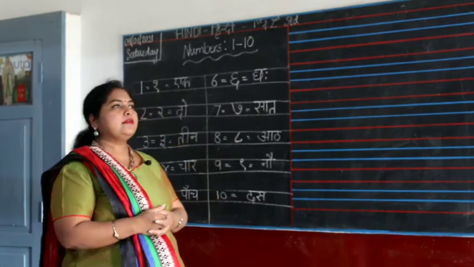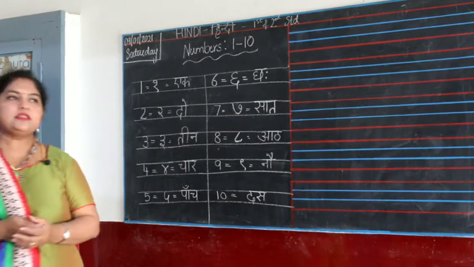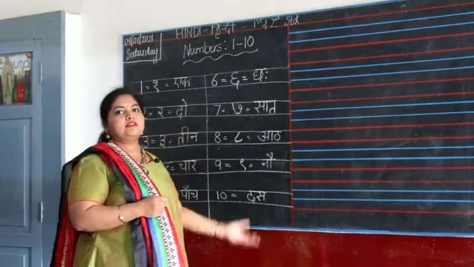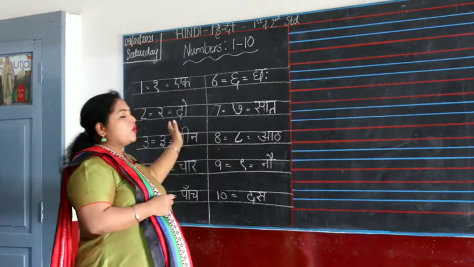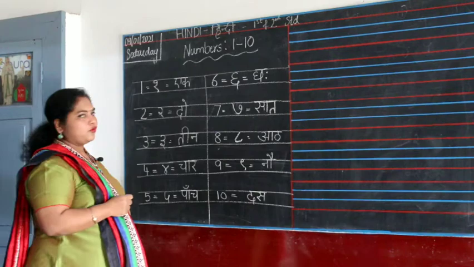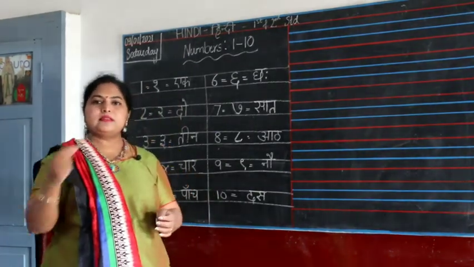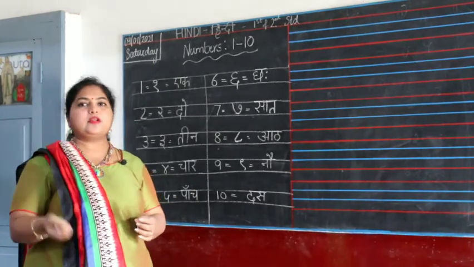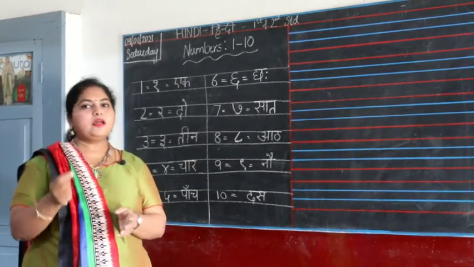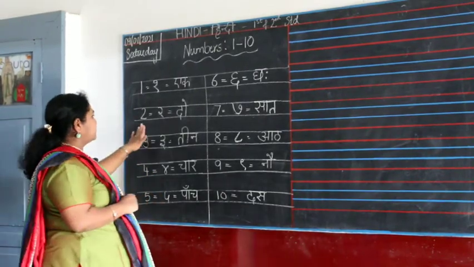Meanwhile, we'll learn numbers. Today we will learn Hindi Ginti. So we will learn numbers. How do you count in Hindi, and how do you write Hindi numbers? Like we have in English 1, 2, 3, 4, we know how to write the numbers. Similarly, there is a Hindi script. In Hindi script, we have the numbers. It's written in a slightly different way, which is different from our English numerals. So let's see how to write.